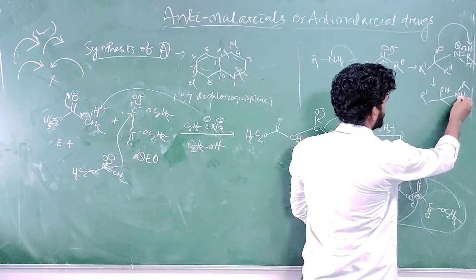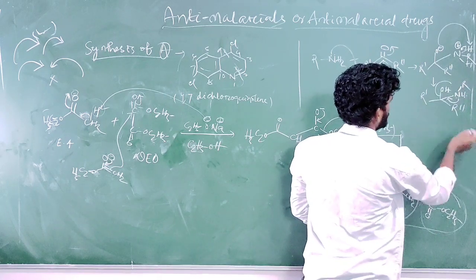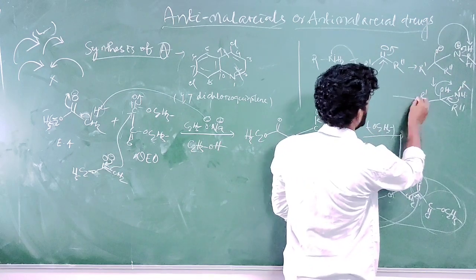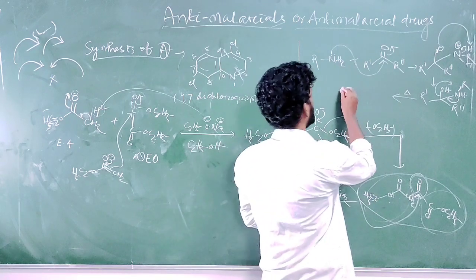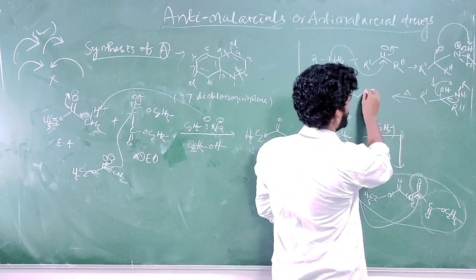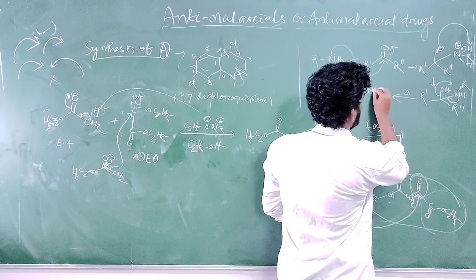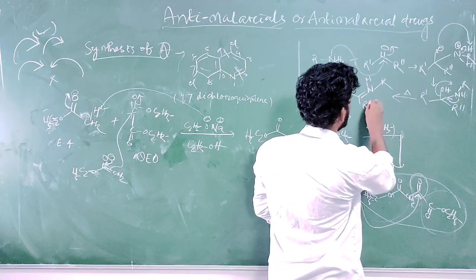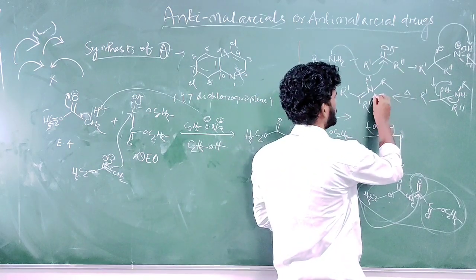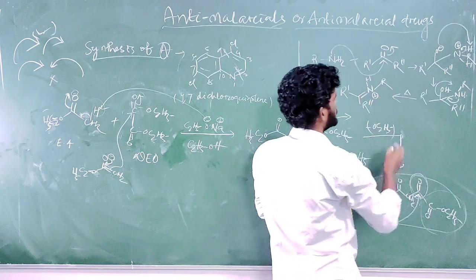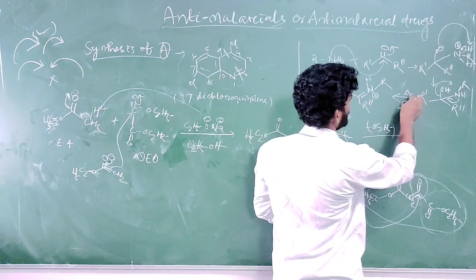The nitrogen lone pair will return back and the OH group leaves. Okay, there must be some heat given, otherwise OH is not a good leaving group. So what will be the next? R' NH R''. And as nitrogen has given its electron, there must be one positive charge, nitrogen with 4 valence. So OH minus is released here as a leaving group; though not really possible, we are giving heat somehow.